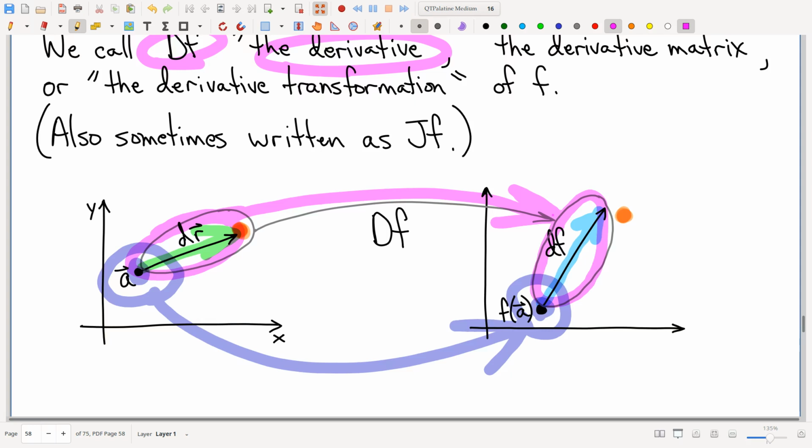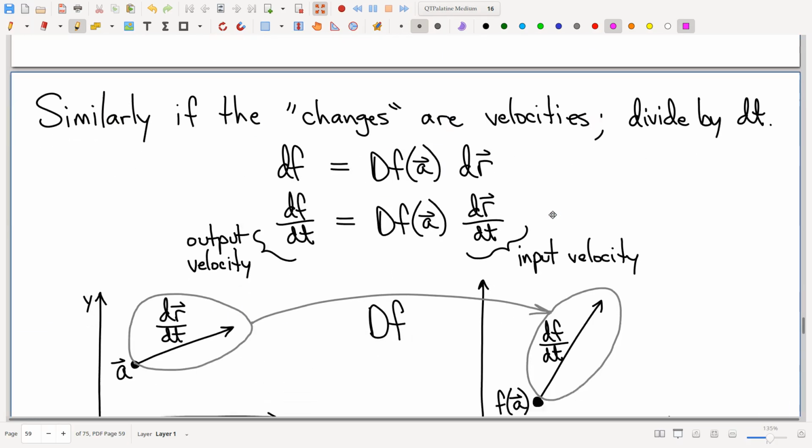This is arguably a picture of a derivative matrix thought of as a function, and I'm viewing the inputs not as points, but as displacement vectors. And I'm viewing the output not as points, but as output differential vectors. Yeah, absolutely. All right. Okay,